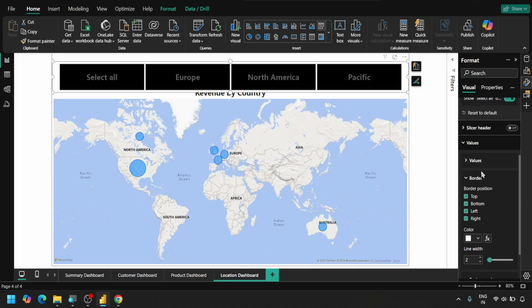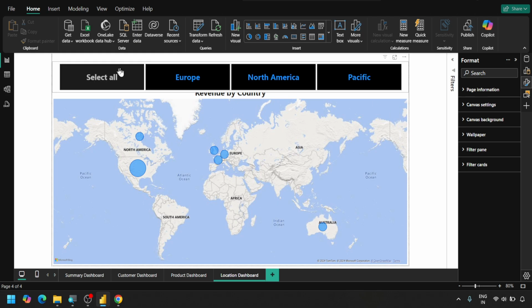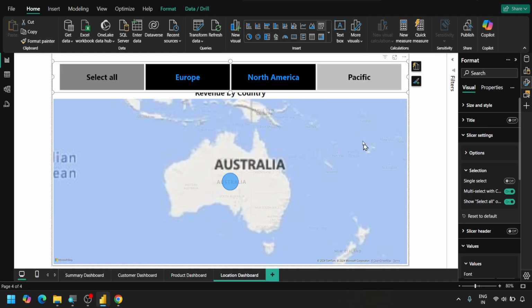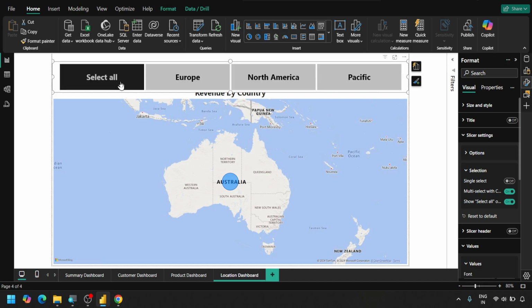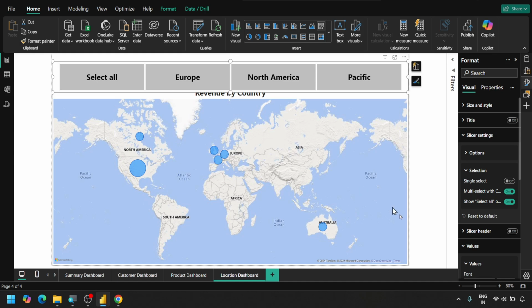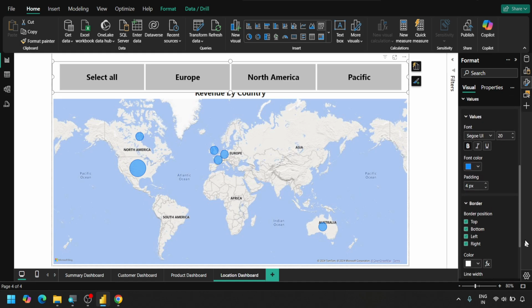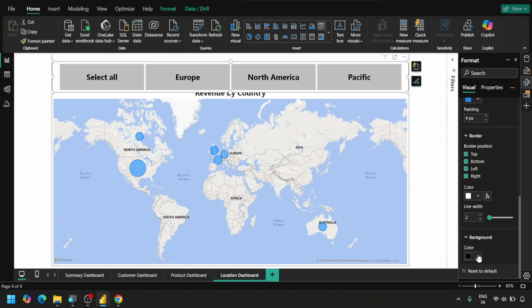So let's go to values here. Inside font color, let's update the color to this one, and now this looks very fine. And if we go over them, the option where we are hovering, this font color keeps on changing. Based upon that we can see what we have selected. So we have selected Pacific at the moment, and if we do a select all, then everything is selected. After that there is an option of background color which we have already selected, and